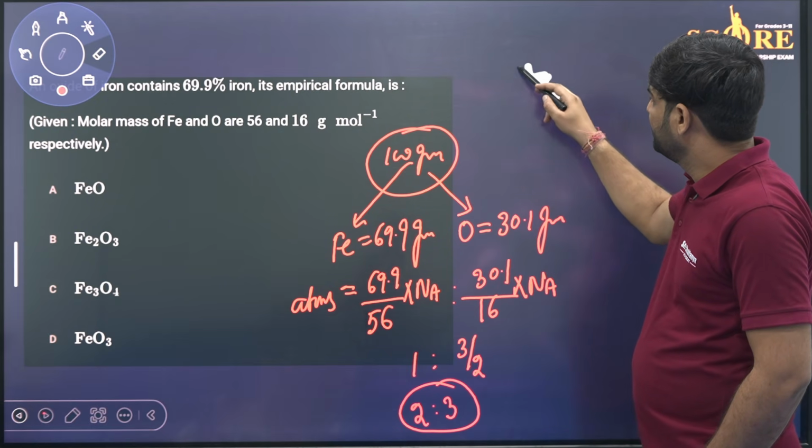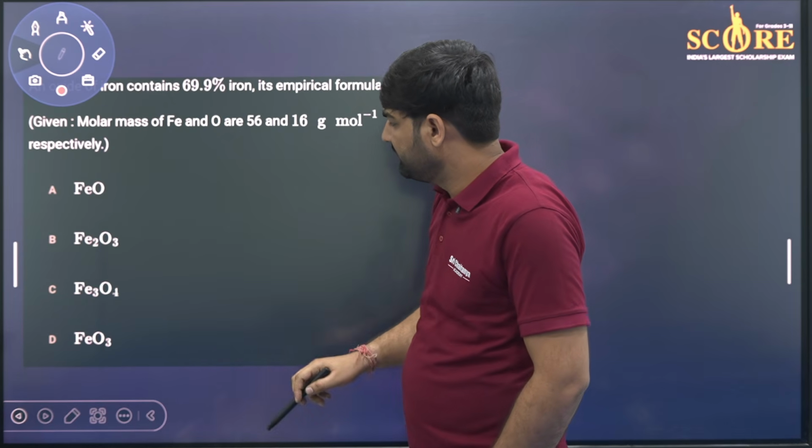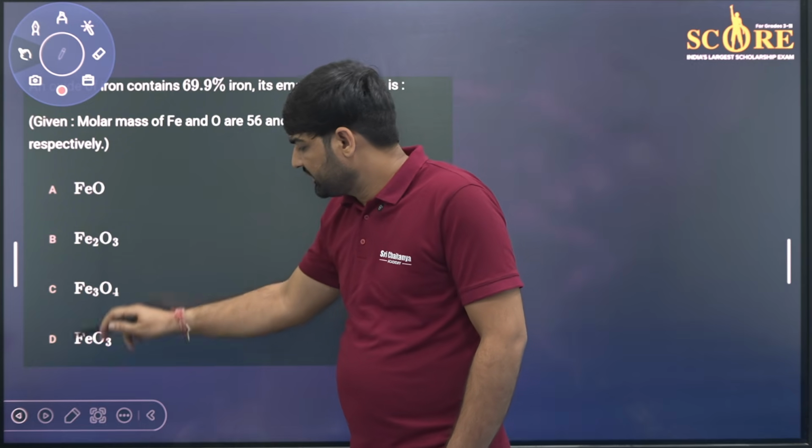Fe2. Iron is 2 and oxygen is 3. So the formula will be Fe2O3. Now, next,